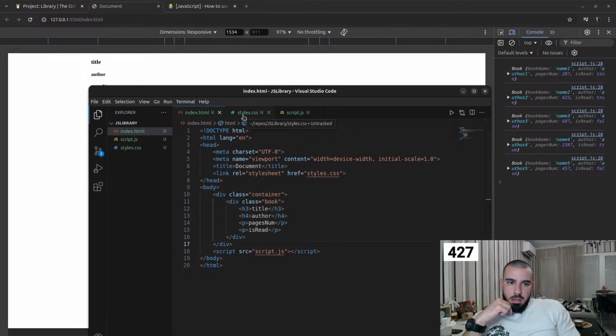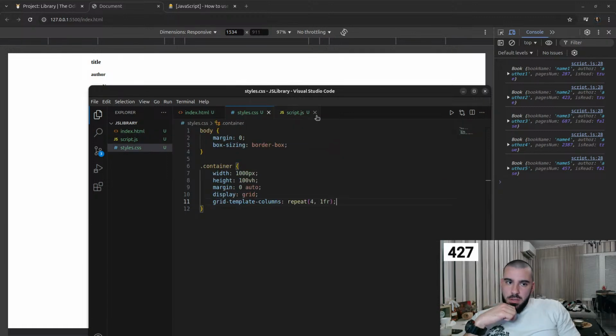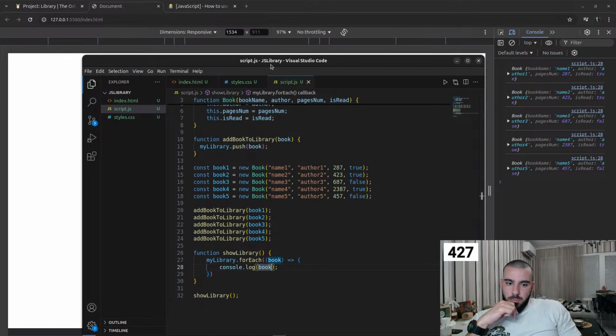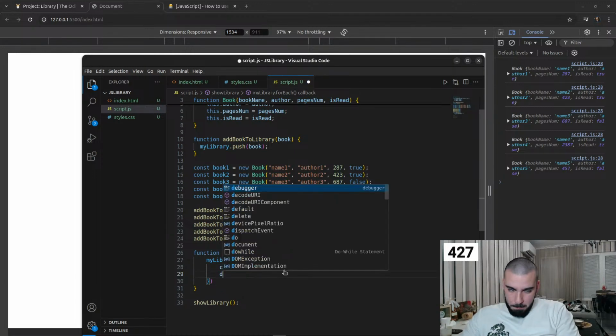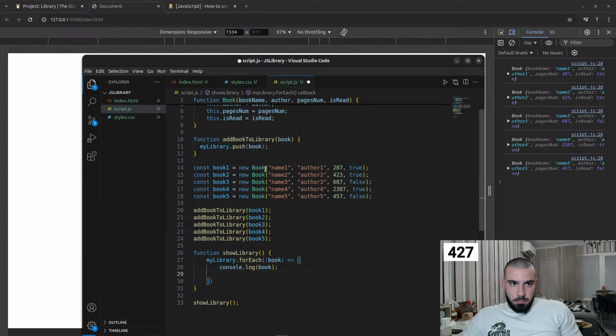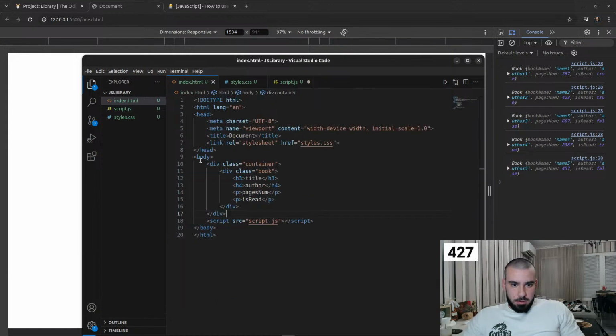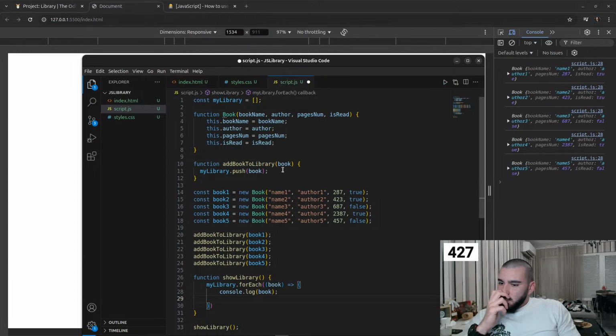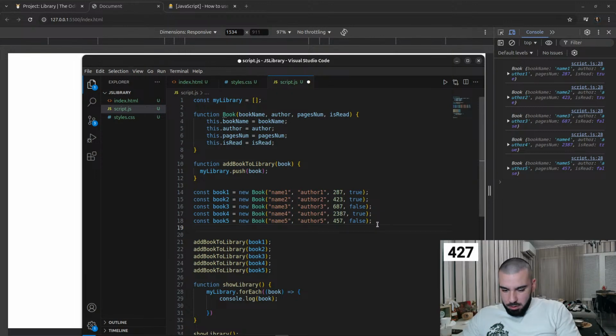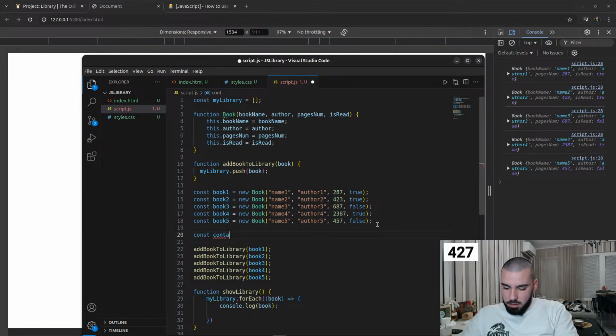Let's see, how is that done? We'll have to use some DOM manipulation. So for each book, when you go through it, I don't want to console log it. Do we have to select the container first and then do like a book selector as well? So let's make a constant for the container, const container